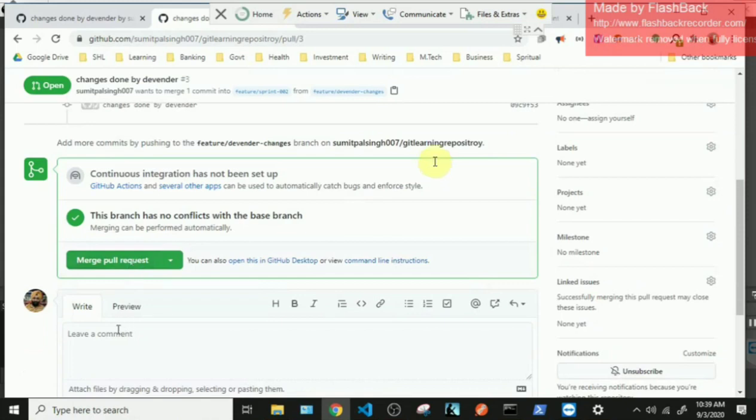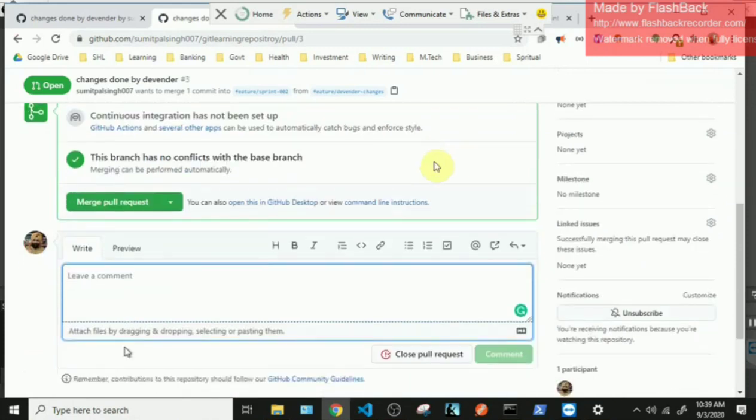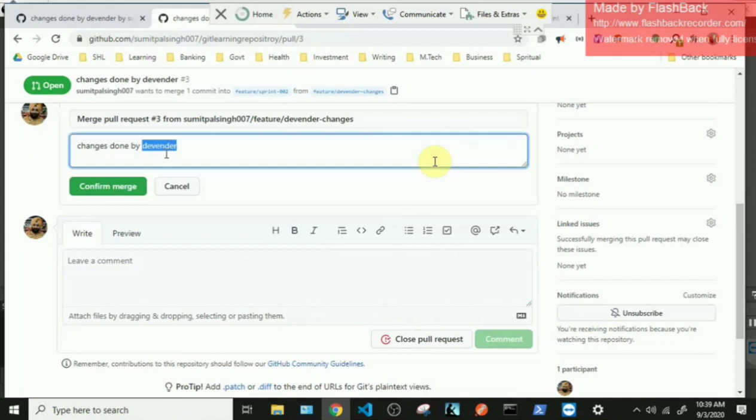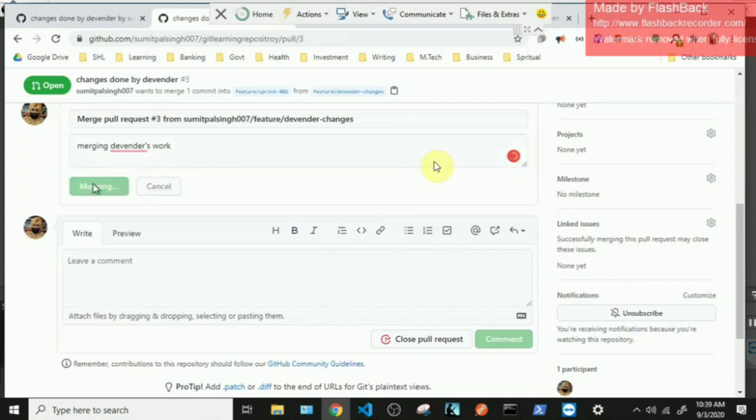I just need to merge. Yeah, I'm adding a confirmation message, merging Devinder's work. Okay. And I am confirming it. So now Devinder's pull request has been merged into the sprint 2 branch.